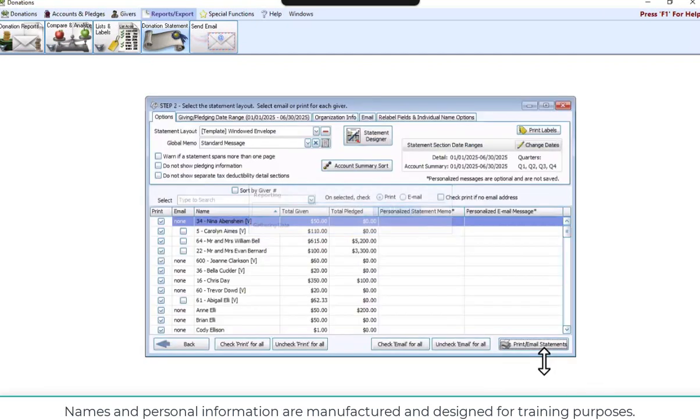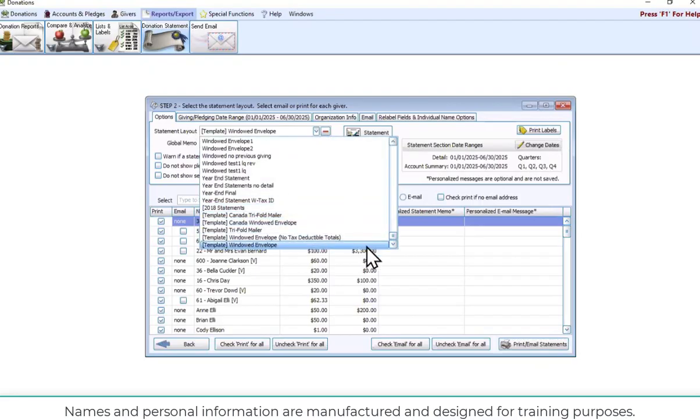So again, step 1 is who we need to generate a statement for based on the time frame. Step 2 is more, what do we want the template to look like? What notes or customizations do I need to do on my donation statement itself? And also, if you want to email them or print them or both, you can do all of that here on step 2. So statement layout up here at the top,